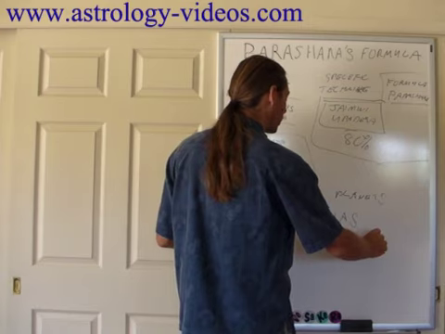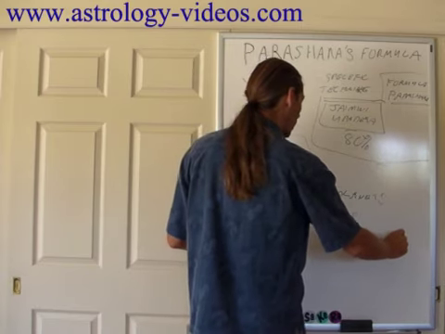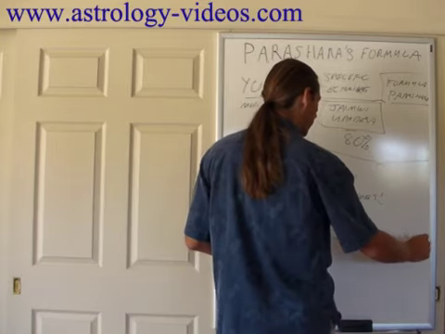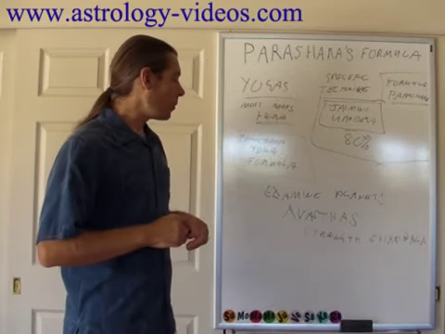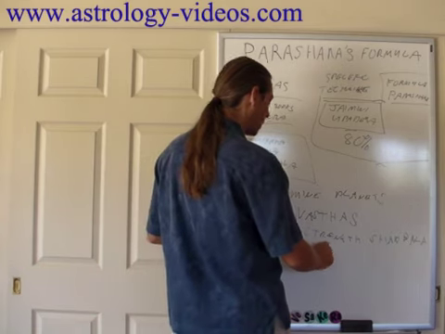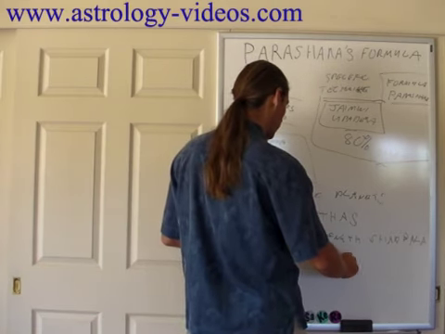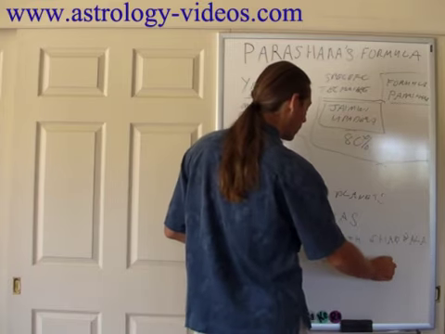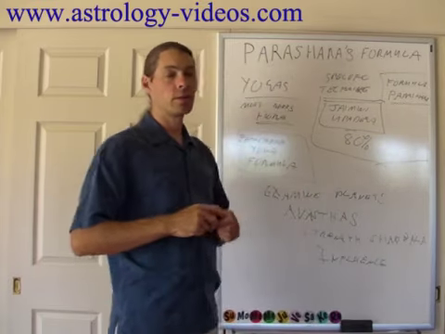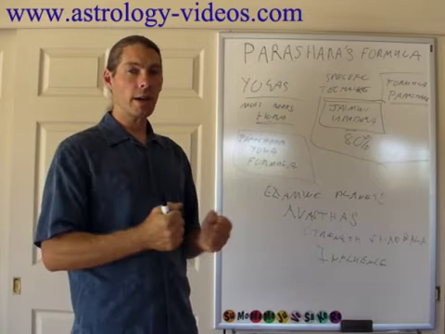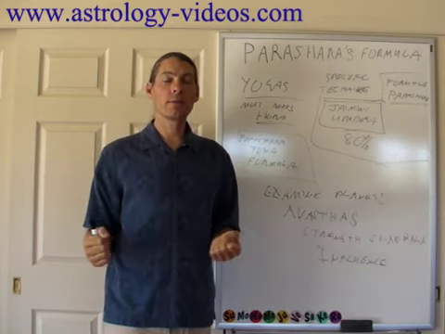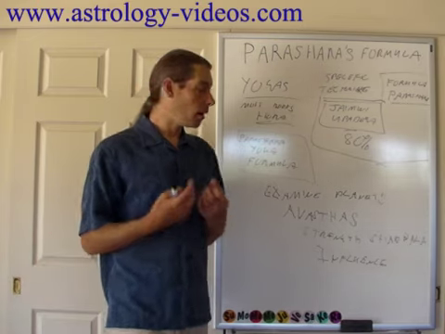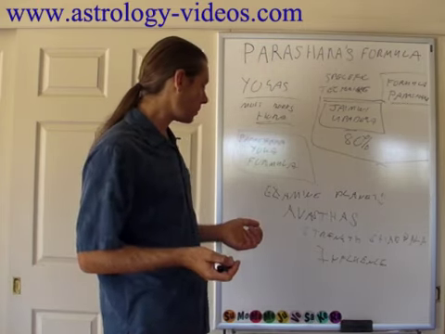A planet's strength is known by its Shad Bala, which is a very comprehensive method of seeing how much muscle a planet has. And then we see what the planet's influencing, meaning, what bhavas is it influencing? Planet feels a certain way, has a certain strength to do something, and exerts that influence upon the bhavas, and therefore creates and destroys everything in your life. That's all that's happening in astrology.